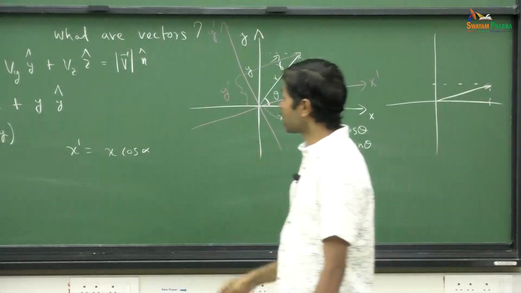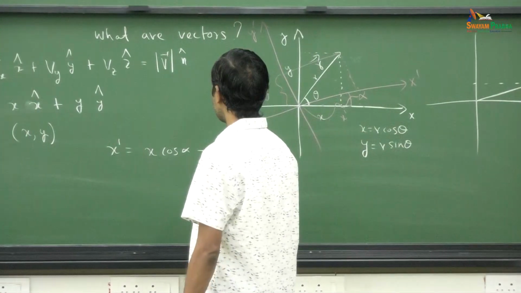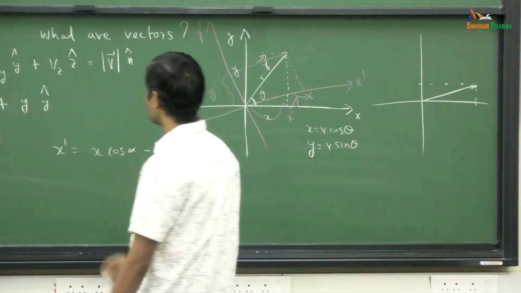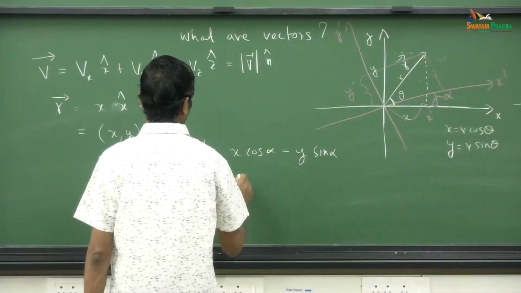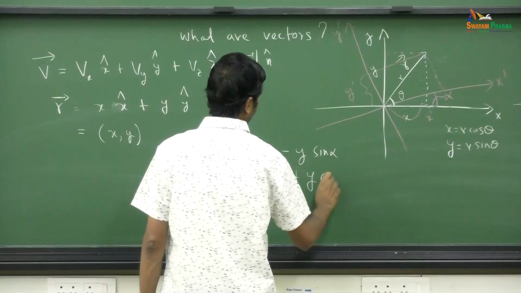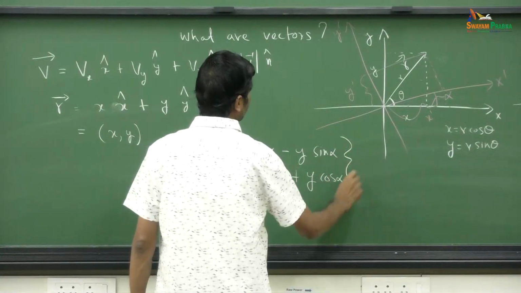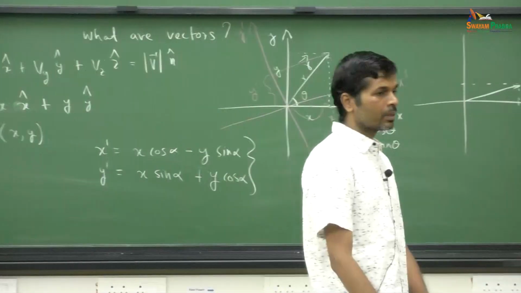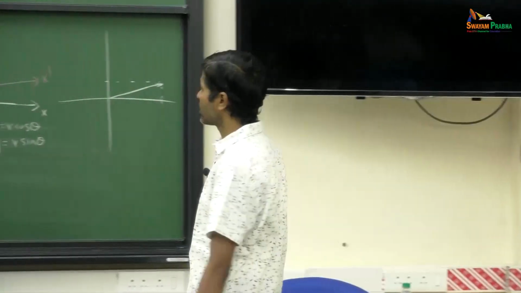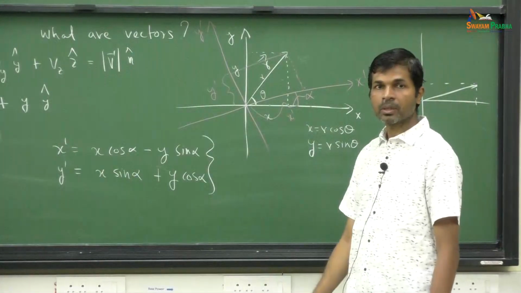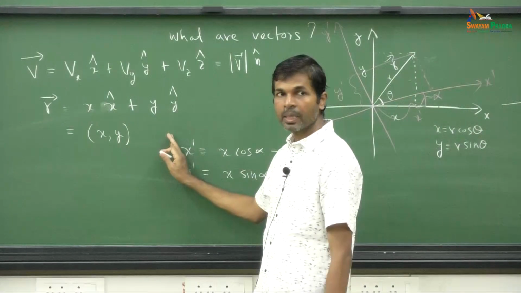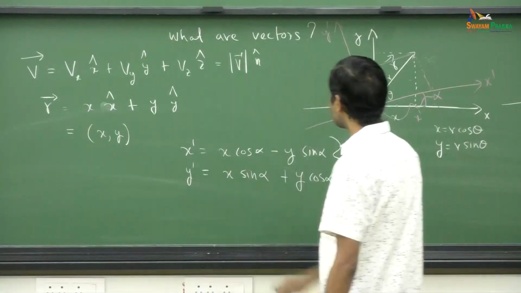So this is x cos alpha minus y sin alpha, and y prime is equal to x sin alpha plus y cos alpha. This is a simple relation which you will be able to derive just from geometric consideration. Okay. So this is how these quantities are related among each other. And the same relation